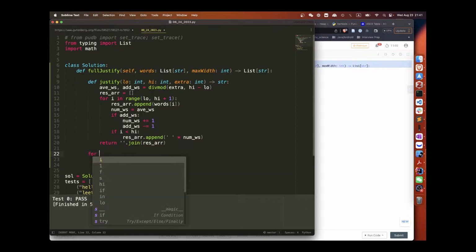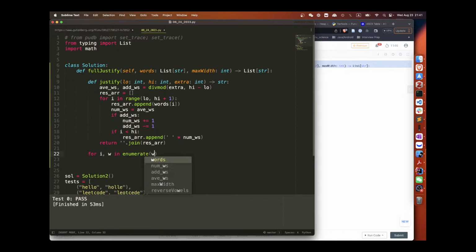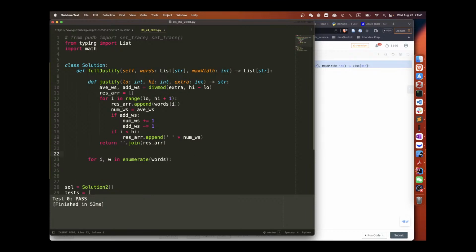For i, w in enumerate words, num of char, right? So num of char plus equal to len word, right?